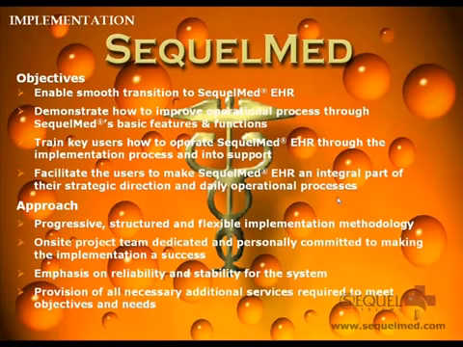Also, our goal usually is that a physician or any user of the EMR should not be